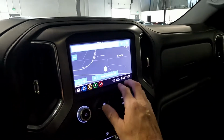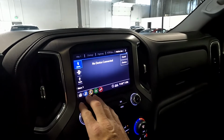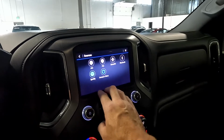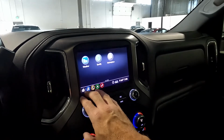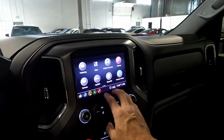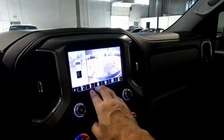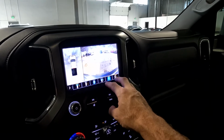And so at any rate, as we come over here, you'll see that it does have navigation, and there's your stereo, of which you have AM, FM, Sirius XM, Bluetooth, and other apps associated with Bluetooth. There's your sources, and then you can jump on back home and scroll through the apps as well. And your cameras, so you do have a 360-degree camera and a backup camera here, but then you can also jump over to your trailering